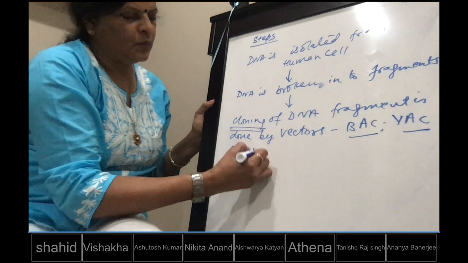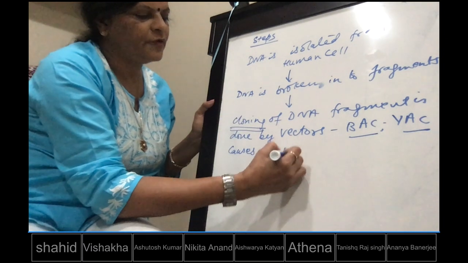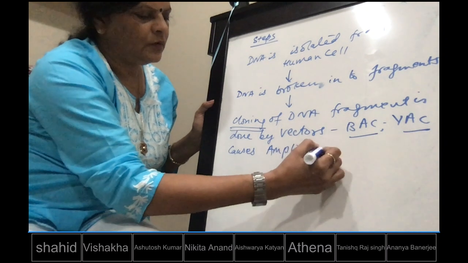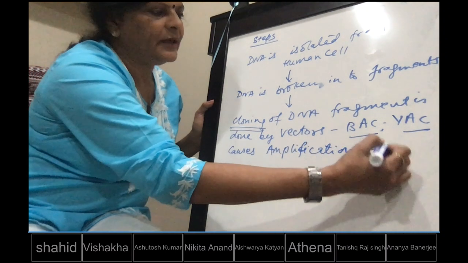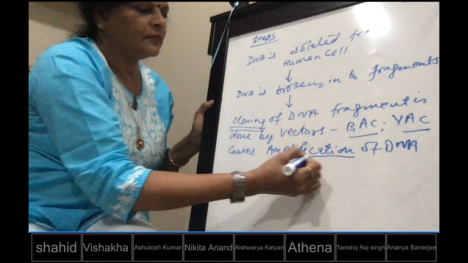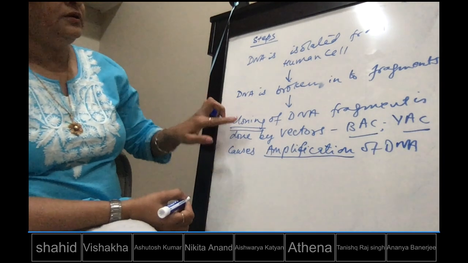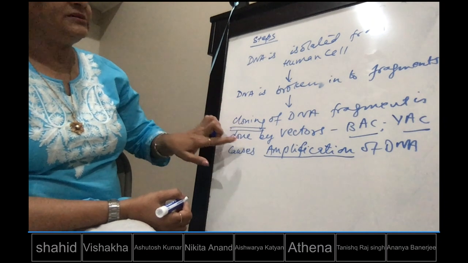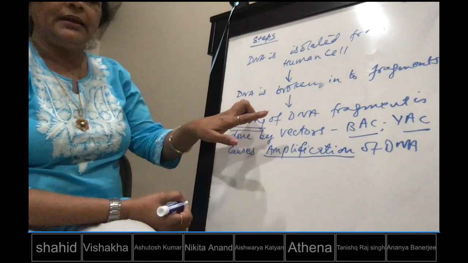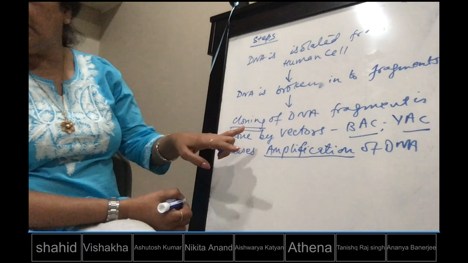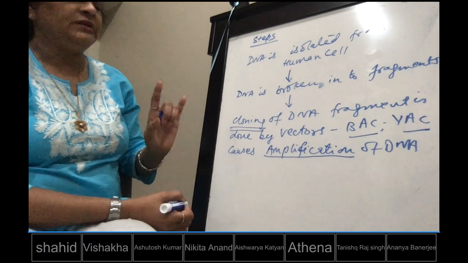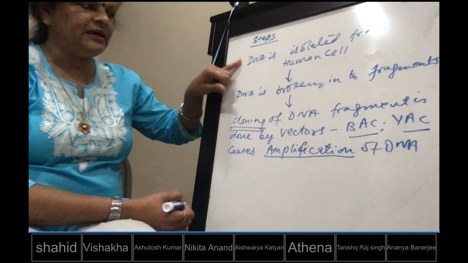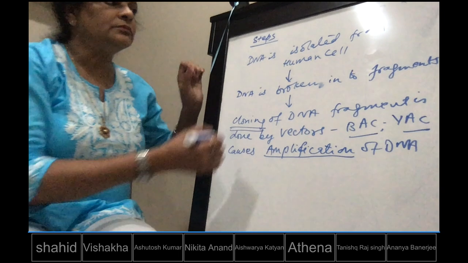Causes, why is cloning done? Cloning is done for amplification. Causes amplification of DNA. ये word, important, these two. Cloning of DNA fragment is done by vectors BAC and YAC causes amplification of DNA. So DNA is amplified. So firstly, DNA is isolated from human cell. Second, DNA is